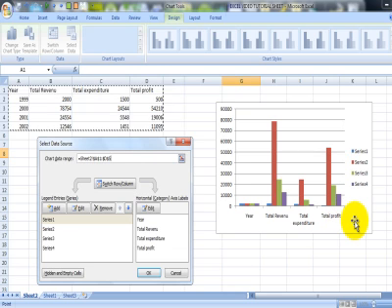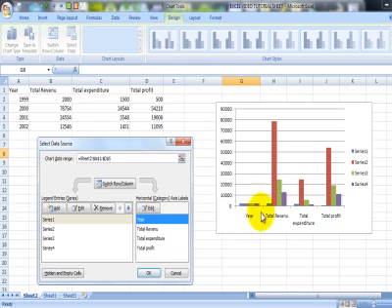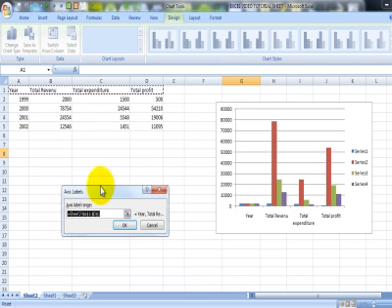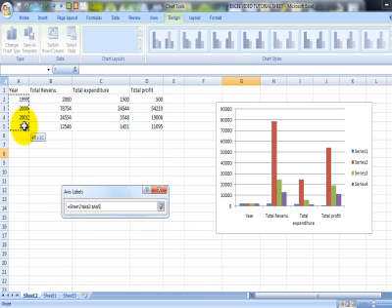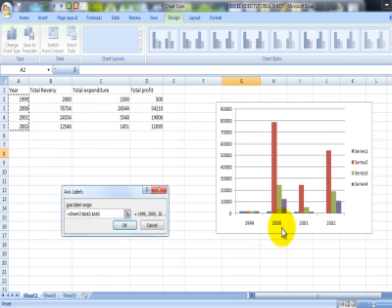But we need to make it sensible so we can present it in front of someone, and your chart should make some sense. Excel doesn't understand which fields you want to show where. I want to show years here at the bottom, so I select the year column and press Edit. Now I need to select the years, and these are the years I want to select.